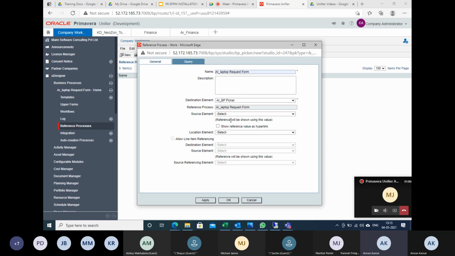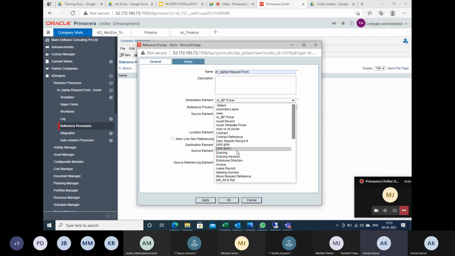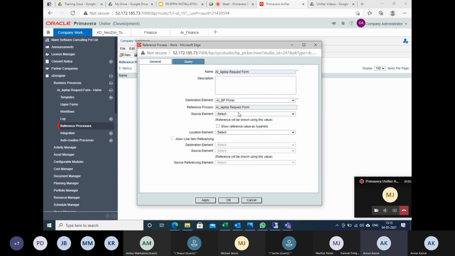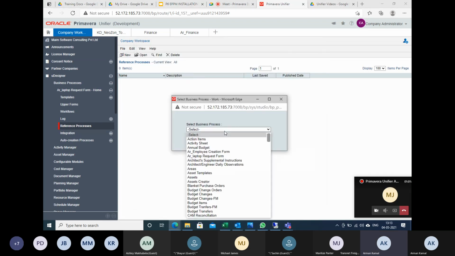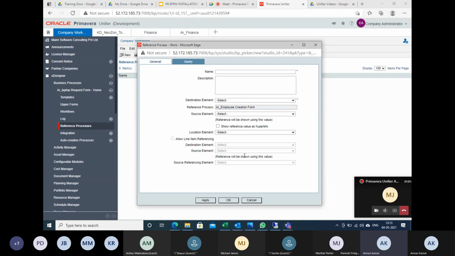And here select this AR BP picker, and you have to select that employee information form. So where is that employee information form? Let me create this. My mistake, I need to go to the new, employee creation form.